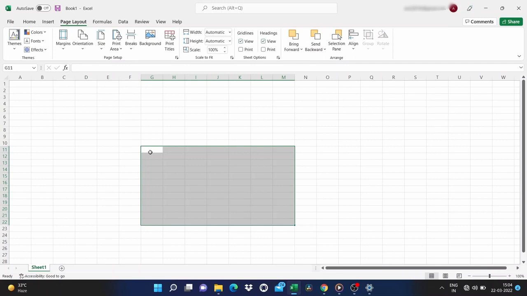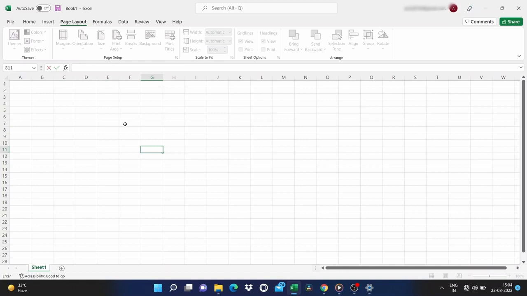Now, how to write the name of a range? It's very simple. First you write the name of the upper left cell, G11. Then the symbol for through, we use a colon. Then the lower right name, M22. So it's G11:M22. Alright, so right now, I'll just escape from here.